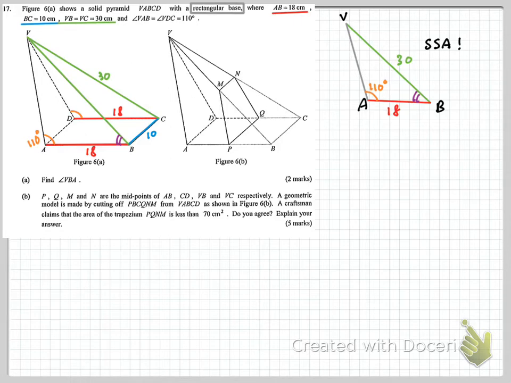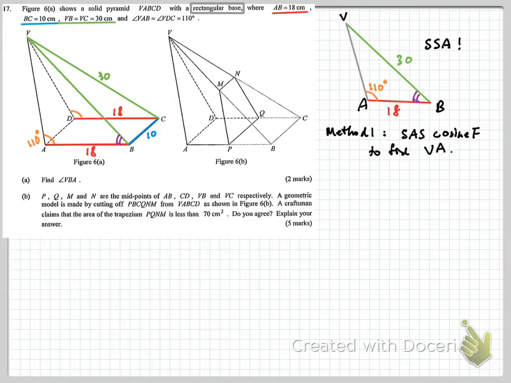You can use the sine formula to find this angle V. Once again, use the sine formula to find the angle. There might be 2 answers. So we have to do it one way or another. You can do it with the cosine formula, get the VA. This is method 1. Let me put it down clearly. Method 1, we use the SAS cosine formula to find